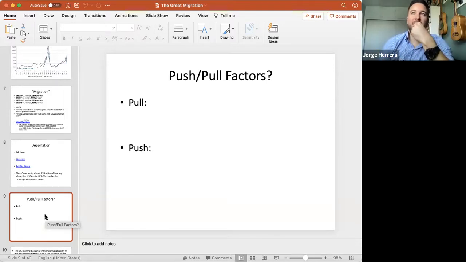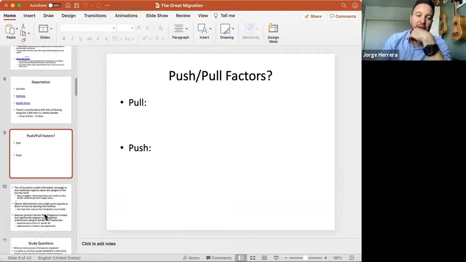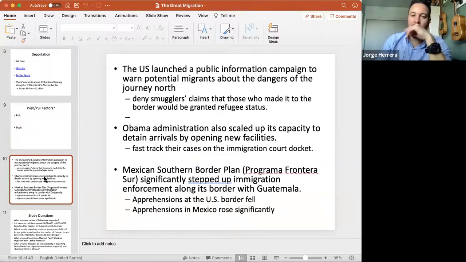By push pull factors, I mean what pushes people out of Mexico or Central America, especially. Today we're really going to talk mostly about Central America. What pushes people out of El Salvador, for example, and what pulls people into the United States. So there's policies in the United States that sort of lure you in, and there's issues going on back at home which kind of push you out, right? So that's what I mean by push pull factor. So let's go over some of them.